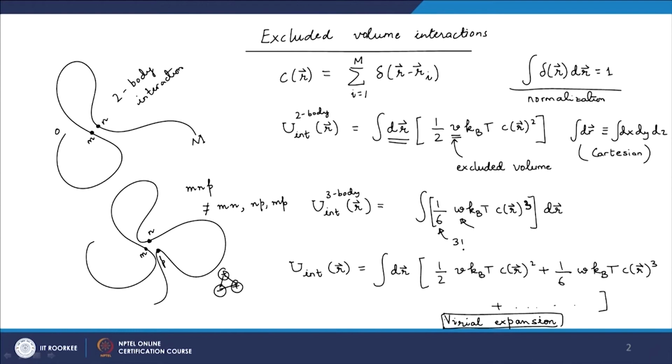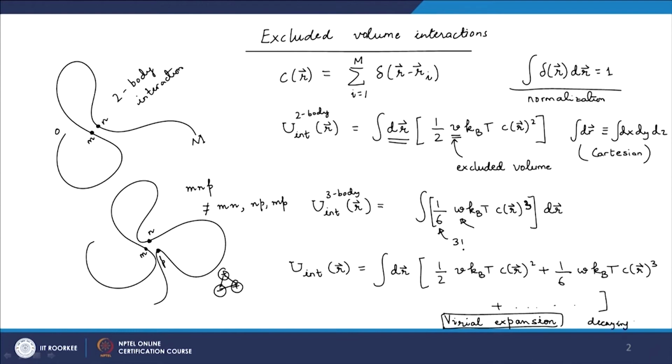Okay. So, now one thing to note here is if the interactions are short ranged, then if I go to the higher powers of concentrations, we will get smaller numbers. The two body is more dominant simply because there is more possibility of having pairs as opposed to triplets. Similarly, there is more possibility of having triplets as opposed to four objects together, or quartets, so as to speak. And so, it must be like a decaying